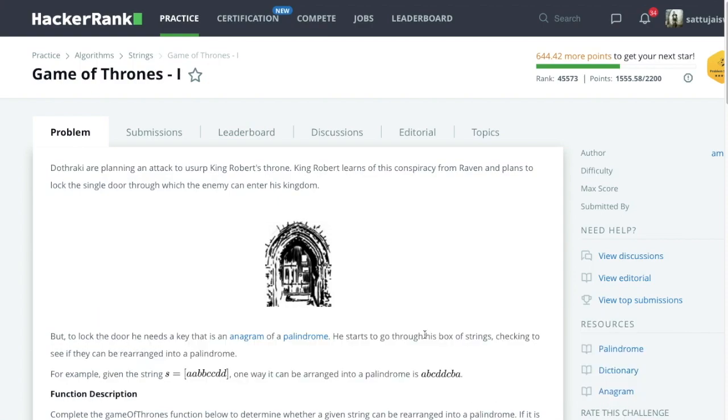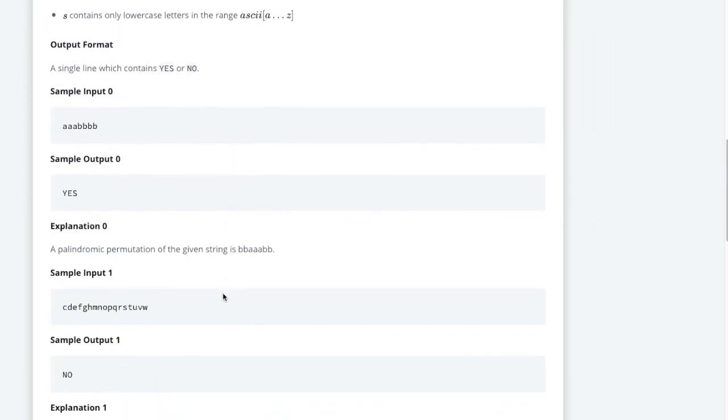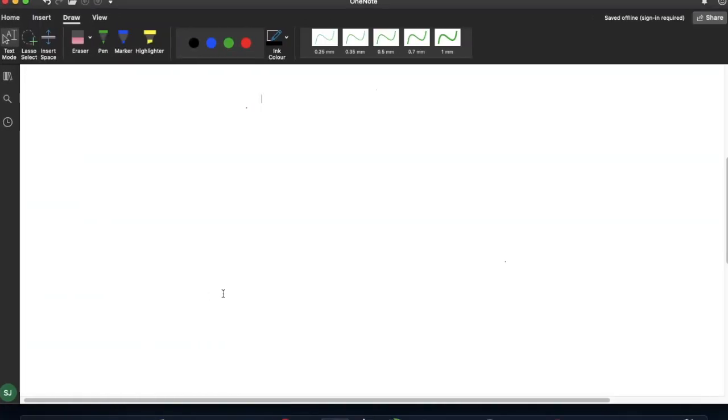So in this session we will try to solve one HackerRank problem. The problem name is Game of Thrones 1 and it's under the strings section in algorithms. So let me first explain this problem in a simple way, what they are saying. Here you will be given one string. For example, if I am taking a simple string as